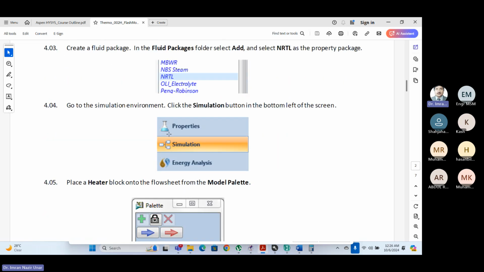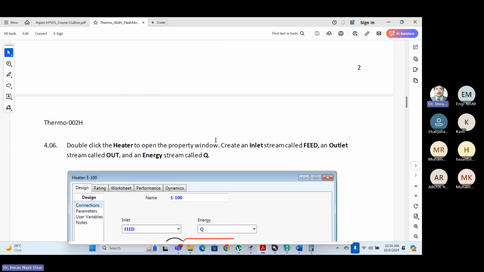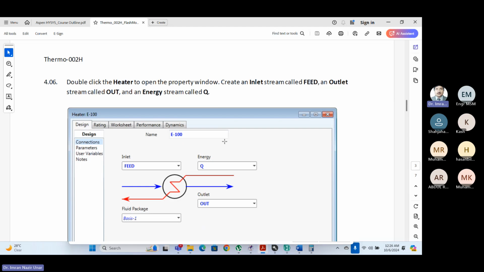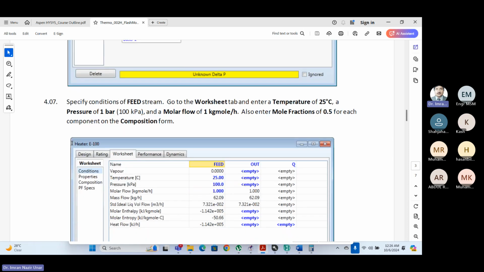Go to the simulation. अब सिमुलेशन में जाने के बाद वो कह रहा है कि एक हीटर ब्लॉक रखो। इस हीटर ब्लॉक को आप रखेंगे और इसके बाद उसको डबल क्लिक करके आप सारी स्ट्रीम्स इसी हीटर ब्लॉक के डिजाइन टैब से या कनेक्शन टैब से ही बनाएंगे। जैसे इनलेट पर फीड स्ट्रीम बनाएंगे, आउटलेट पर आउट, और एनर्जी में क्यू लिखेंगे। ये बनाने के बाद आप पैरामीटर्स में जो है वो स्पेसिफाई कंडीशन फीड,